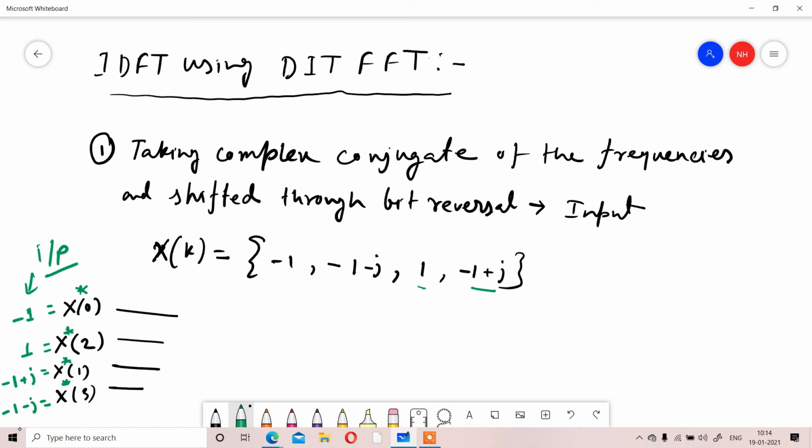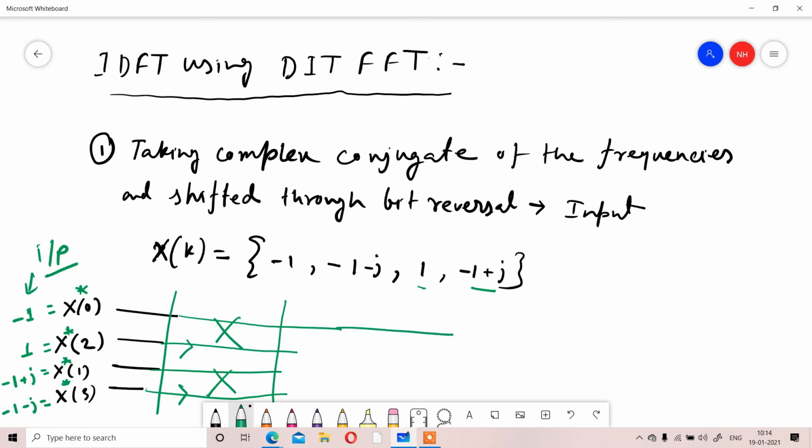Everything will be the same, means for the 4 number of inputs, you will have 2 stages, and each stage will have the same number of butterflies as we calculated for DFT, and also the W value you have to calculate in the same way. There should not be any change, only the input changes. Similarly, you will have the butterfly and the W values, and you will do the total operation, and finally whatever the result you are getting,